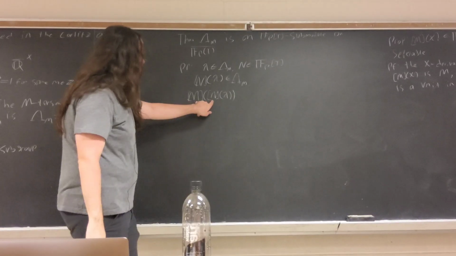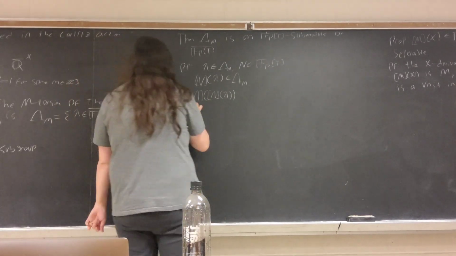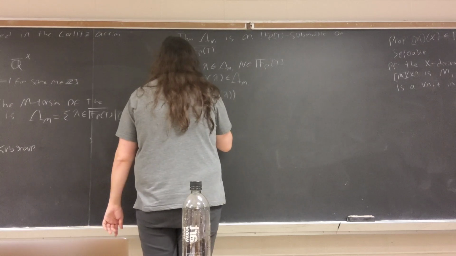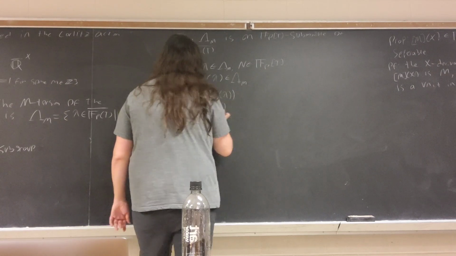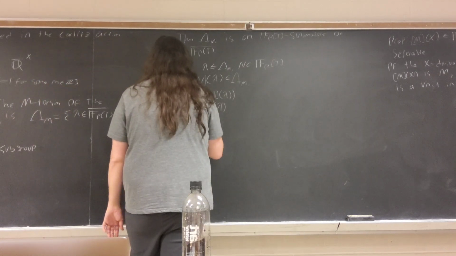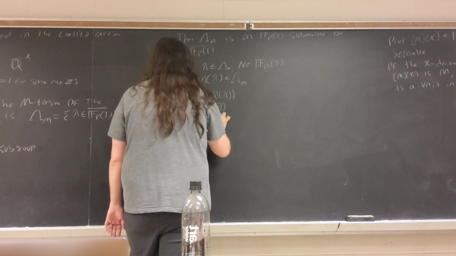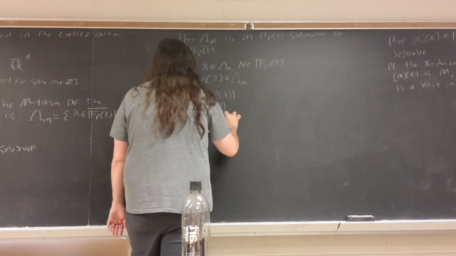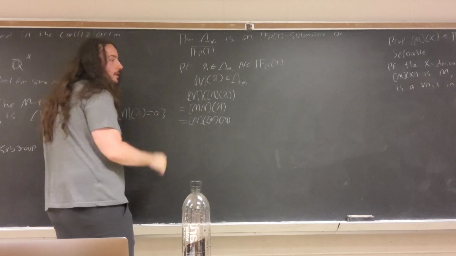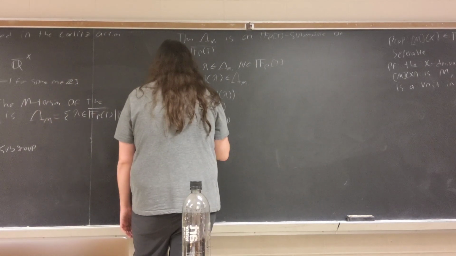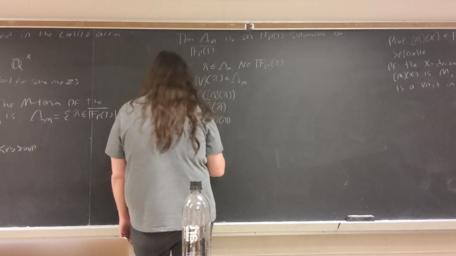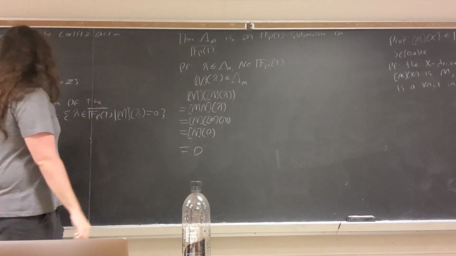And we know that we can turn this into a multiplication because of the corollary at the start. So this is just going to be m times n acting on lambda, and then multiplication is commutative, right? So we'll end up with n acting on m of lambda, and this is 0 just by hypothesis. It's given that it's 0. So this will be n of 0, equal sign there, and then that will be 0 because